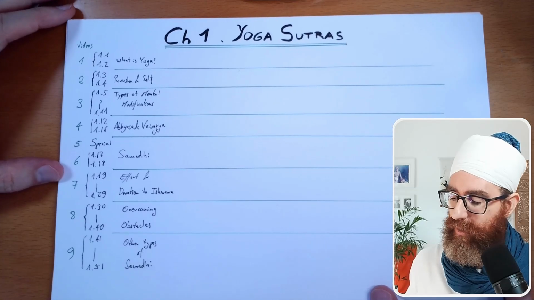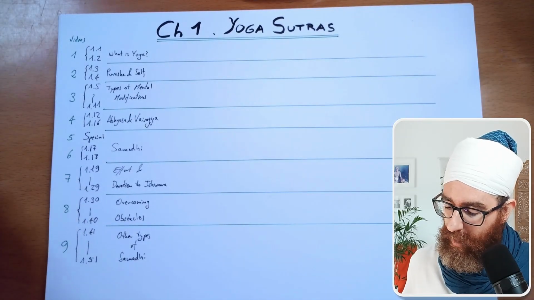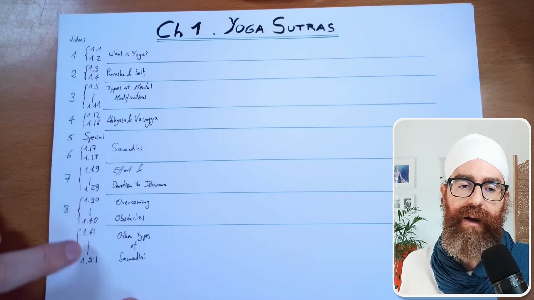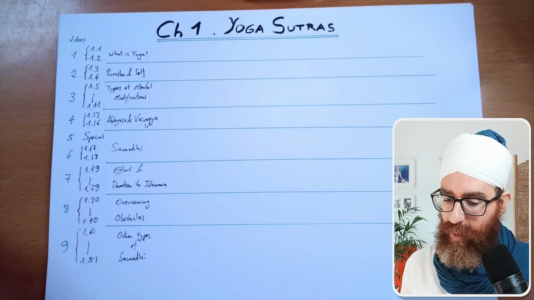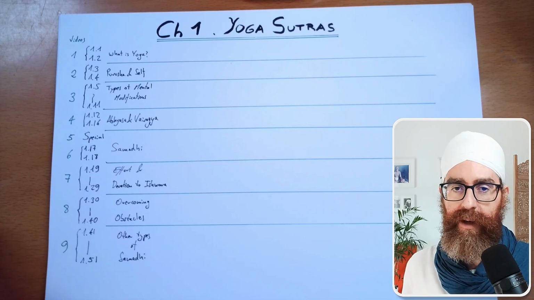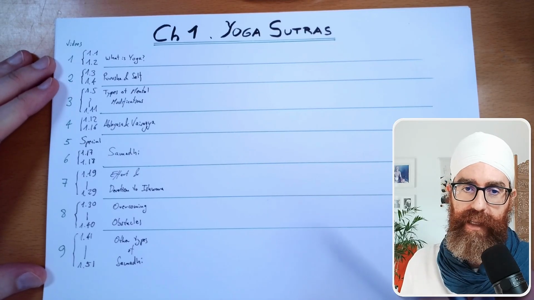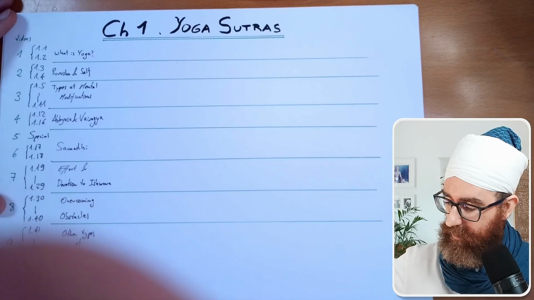And for doing this, I've prepared a little page where I've put the names of all the videos that we have been doing so far. This is the number of the video, these are the sutras that I've covered, and this is the title that I gave to the video at that time. And we will go slowly, one by one, exploring what it was about and what was the essence that we got out of that video. So there we go. Let's start right away.